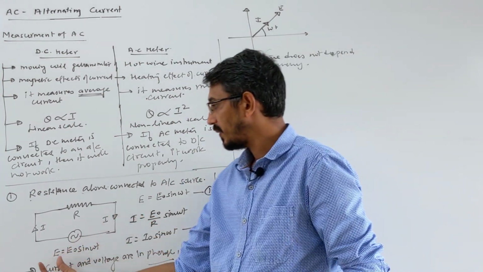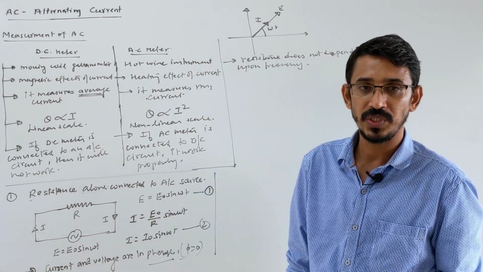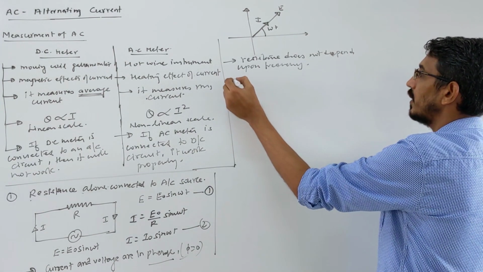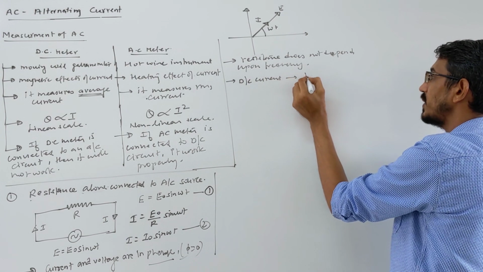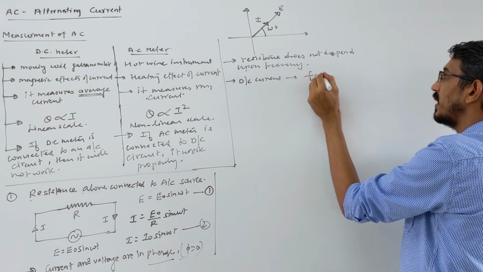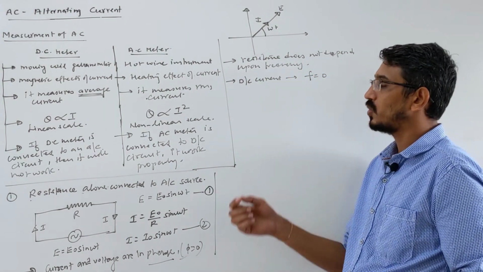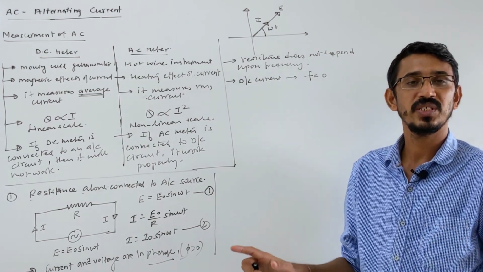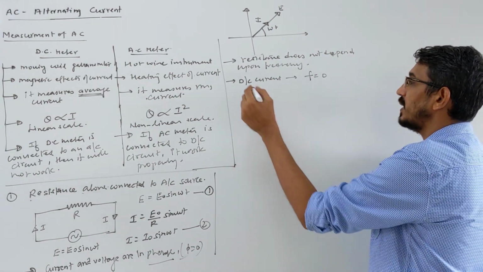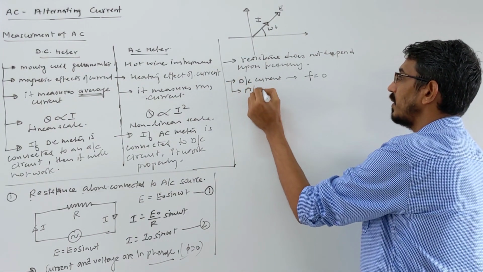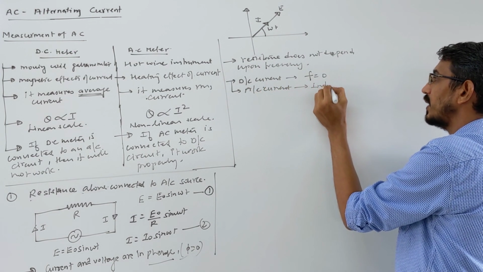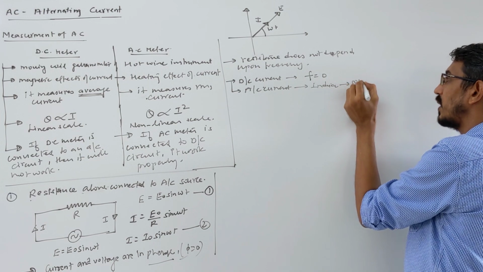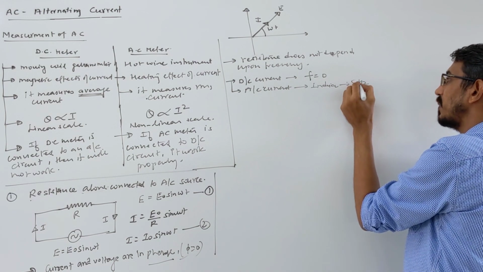Frequency means DC. What is the frequency of DC current? 0. If you don't know, I am writing it simply. For DC current, what is the frequency? The answer is 0. So whether you connect to AC or DC, your resistance will not vary. AC current has a frequency. If it's not given, remember that in India the AC frequency is around 50 Hertz. For domestic purposes we have 50 Hertz.